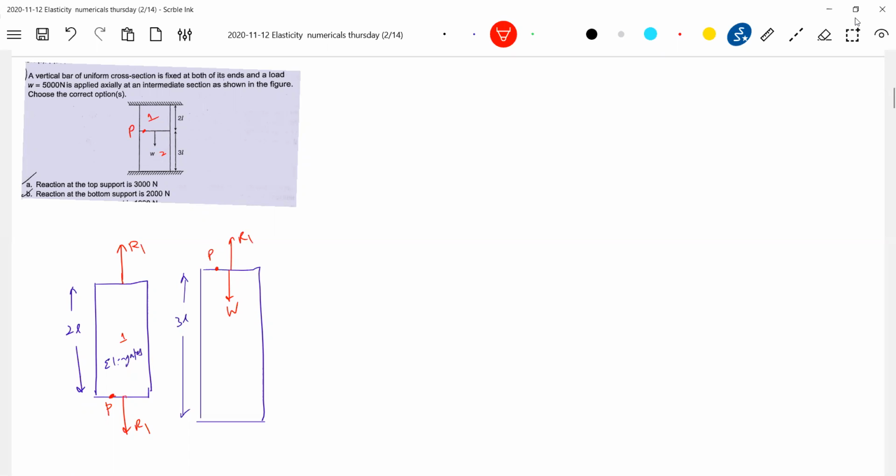Section 2 is pulled down, so what will the ground do? The ground will oppose, so the reaction here will be like this. So this is R2. What is the state of this? Looking at this one now, this will elongate. This will undergo compression, no? So here, this will be in a compression state.